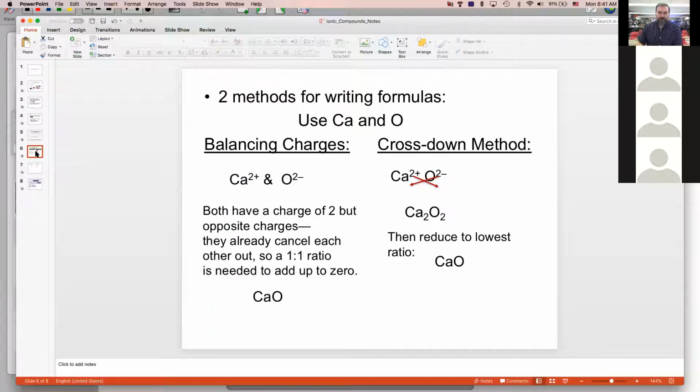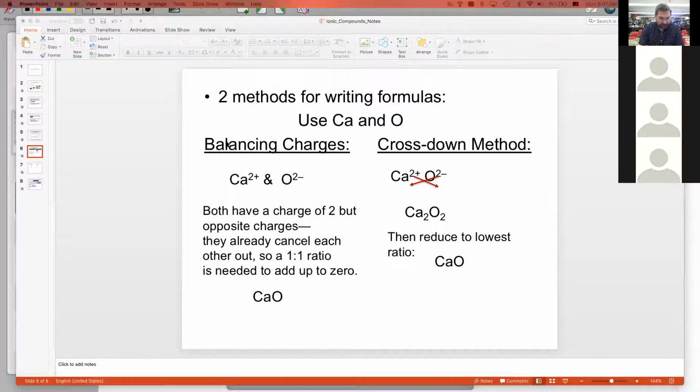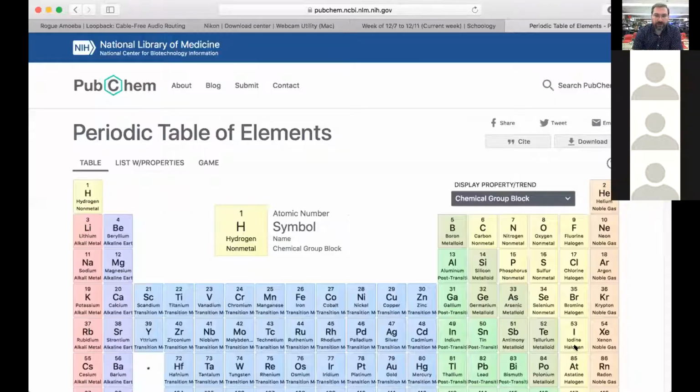There's 2 methods for writing formulas. And here's one example. So we'll use calcium and oxygen for an example. And if you have a periodic table handy, that can be useful. Here, let me just switch, I can bring up a periodic table. Here's a good one. Okay, so if we're looking for a compound that's formed between calcium and oxygen, so calcium